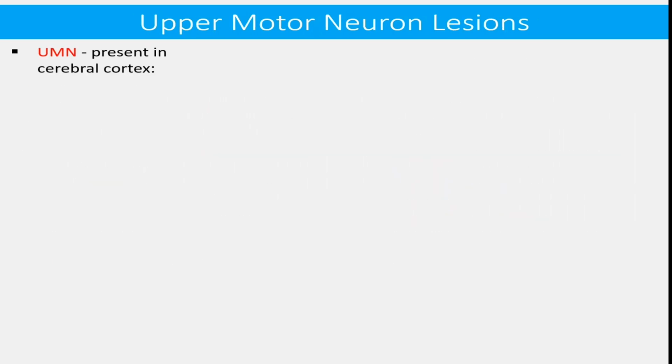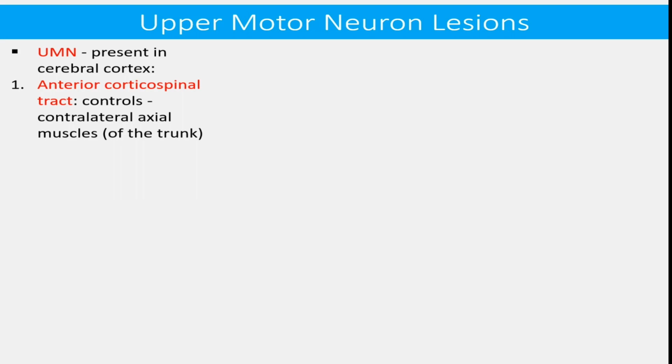Now let us discuss the motor neuron lesion effects. First, the upper motor neuron lesion effects. Before we proceed to the effects, let us have a brief review of the upper motor neurons. In case of the pyramidal system, the upper motor neuron cell bodies are located in the cerebral cortex, and their fibers